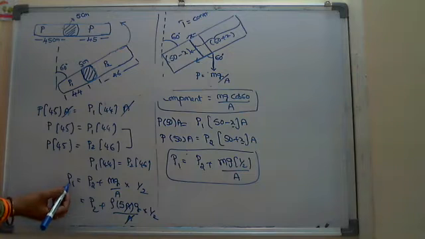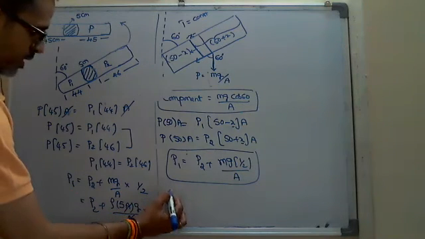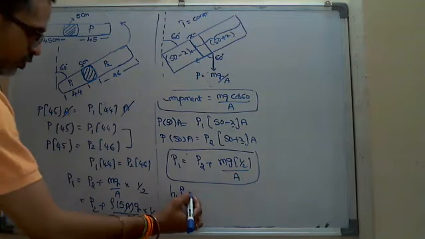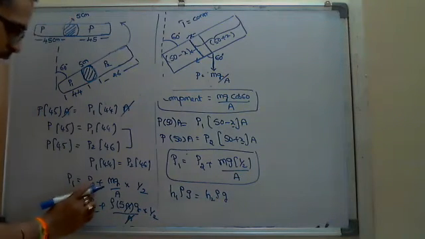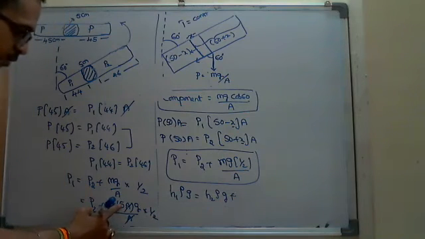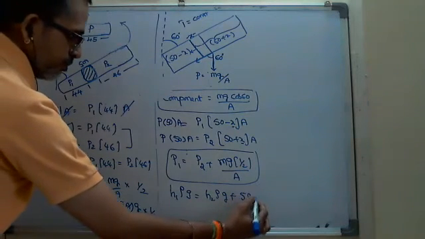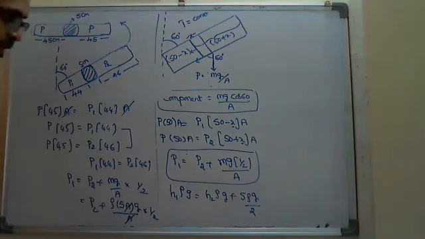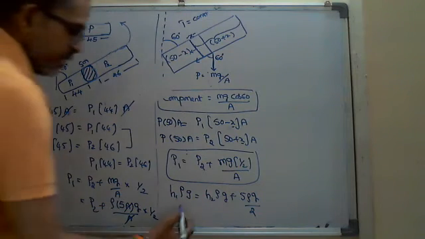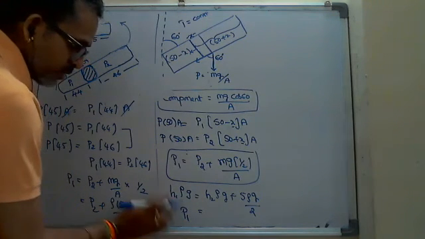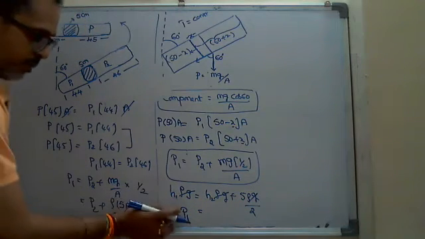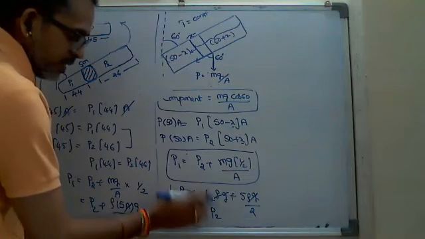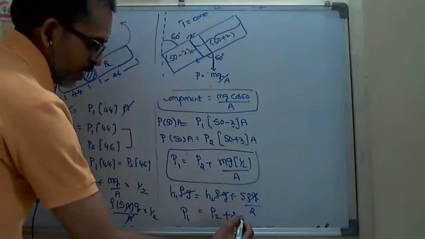Okay. So if I write these two, P1 as some h1 rho of mercury into g is equal to P2, some h2 into rho of mercury into g, plus 5 rho g by 2. So if you write in terms of height, I will get some relation between the pressures P1 and P2. P1 is equal, in terms of height I'm writing now after cancelling the rho g, means that pressure I'm saying in terms of height, P1 is equal to P2 in terms of height plus this is 2.5.